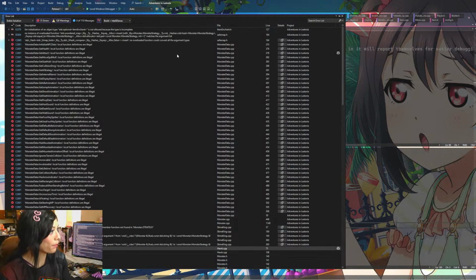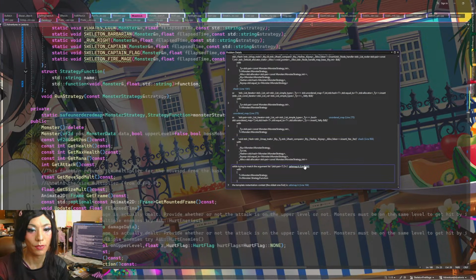Alright, what is left? Surely we're almost done, right? Okay, cannot convert all argument types for safe map. I think we've run into this before. Trying to match argument list standard pair TO with monster strategy function. Could be any of these. Oh, I see. It looks like the constness is